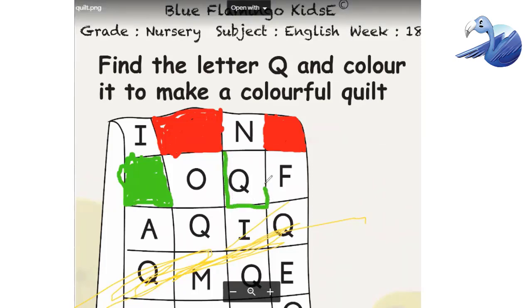So first do the border, students. Then fill it inside. Look how I'm doing now. You have crayons with you, everyone. You have to do it with crayons or else color pencils or else sketch pens. But crayons are very perfect for you. If you have crayons, use crayons only. Now let's change the color to pink.